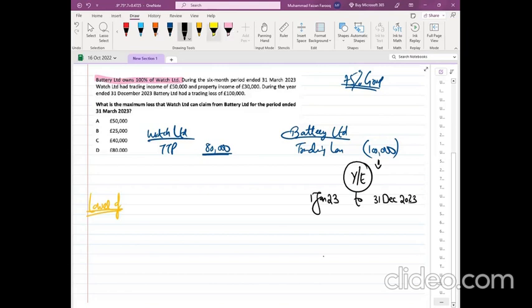मसला खराब कब हुआ, जब हमने इसका ईयर एंड या पीरियड एंड ढूंढा तो इसमें लिखा हुआ था कि भाई ये मार्च में एंड करता है और ये 6 महीने हैं। तो जब ये 6 महीने की बात है तो इसका मतलब इसका पीरियड ऑफ अकाउंट पूरे साल का नहीं है। लॉस लेने वाला 6 महीने के पीरियड पे काम कर रहा है, लॉस देने वाला ईयर एंड पे काम कर रहा है, तो मुश्किल ज्यादा है।